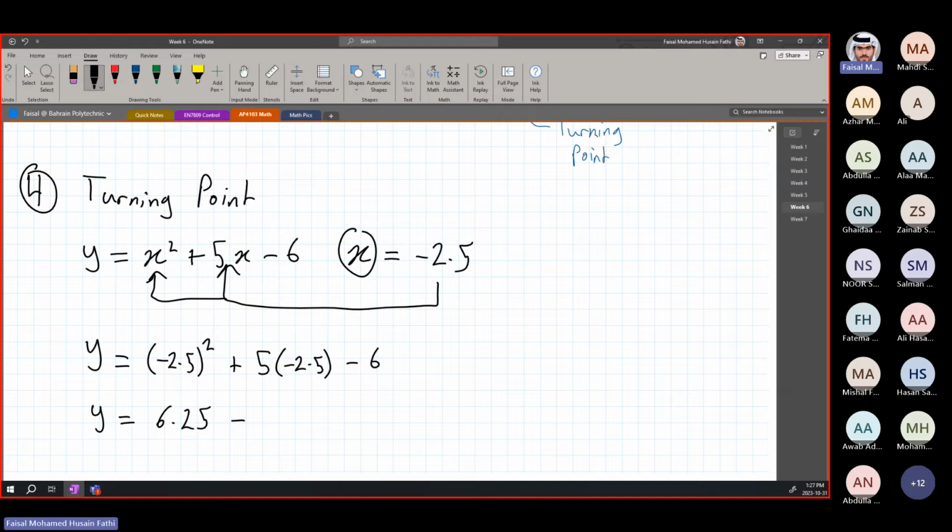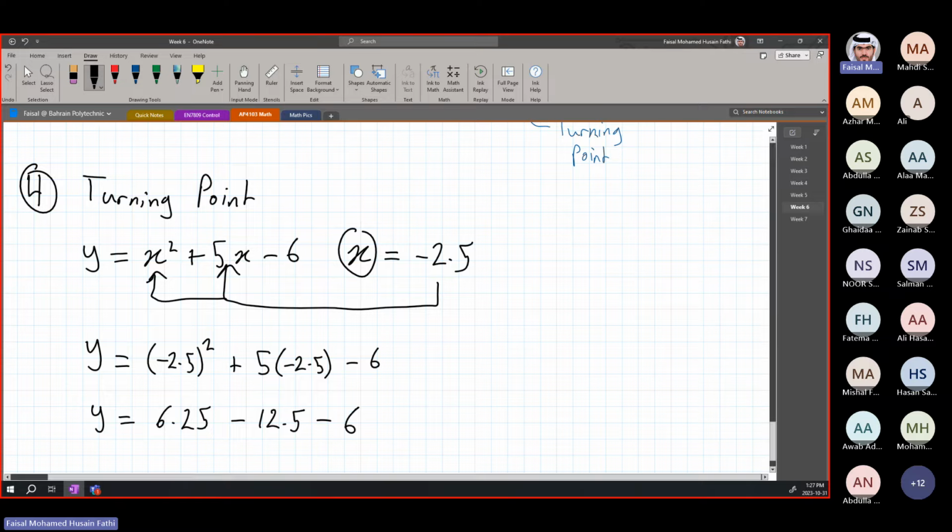Minus, because plus times minus, and 5 times minus 2.5 is 12.5. Minus 6. And if we put this all in a calculator, the answer we'll get is y